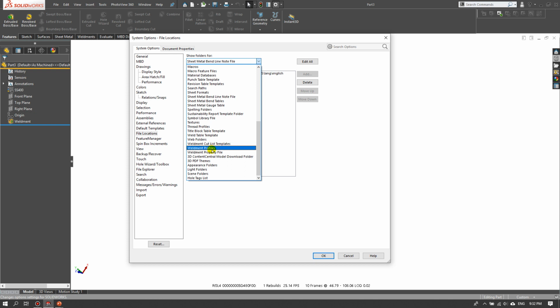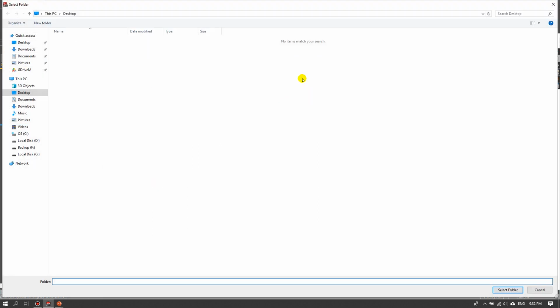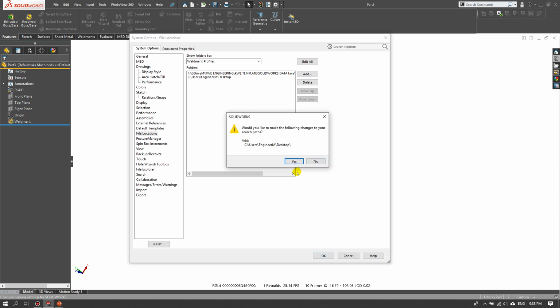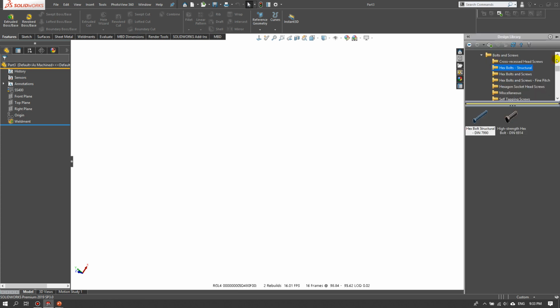Weldment profile, and select add. I select the desktop and click select folder and click OK and click yes. After you click setting the template location, weldment template location, you can click at the design library